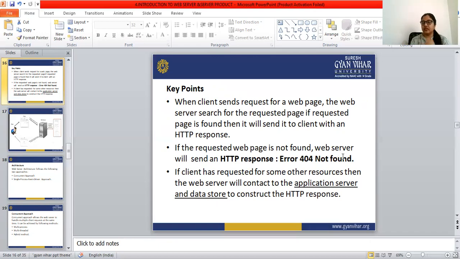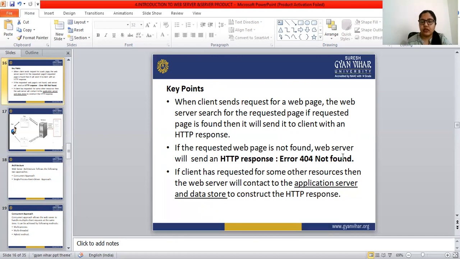So this is how the web server works. When the client sends a request for a web page, the web server searches for that requested page. If the page is found, it is sent to the client with an HTTP response. If it is not found, the web server sends an HTTP response, error 404 not found.